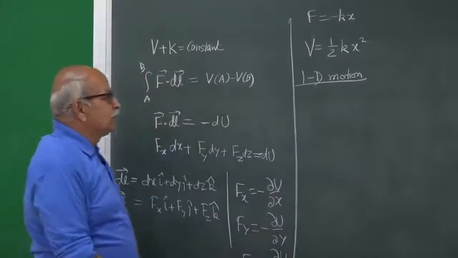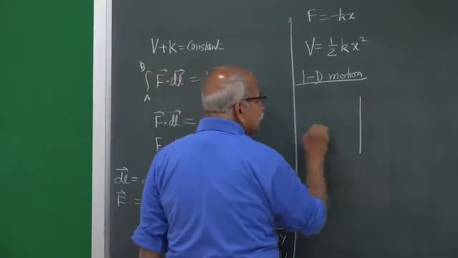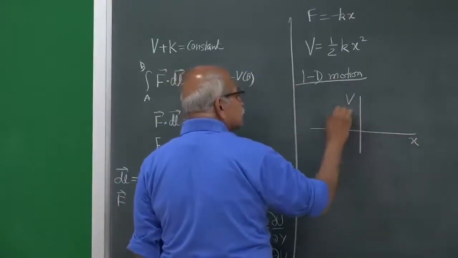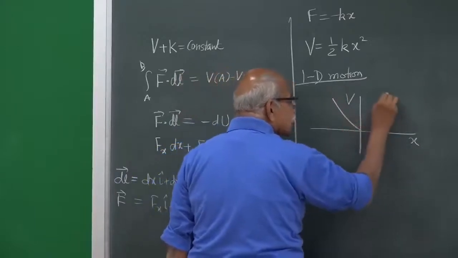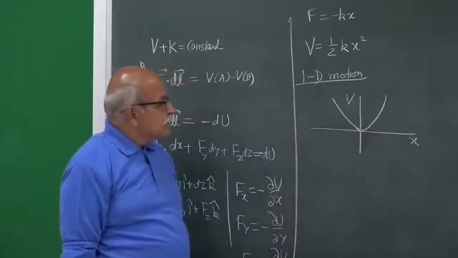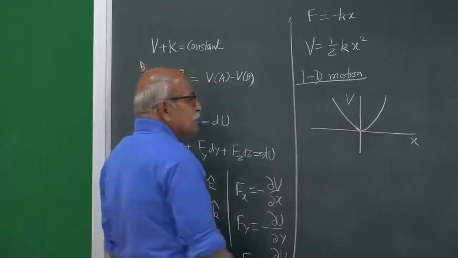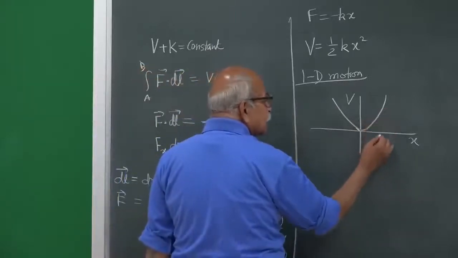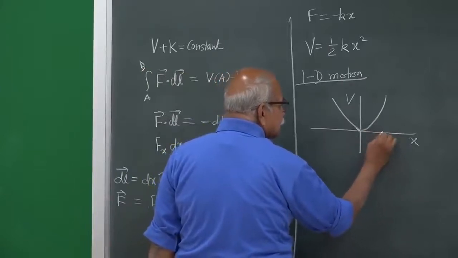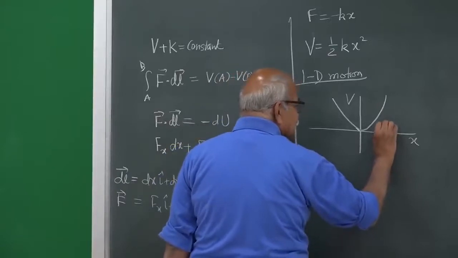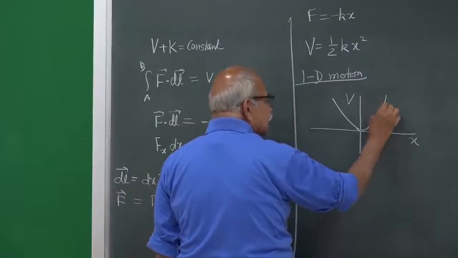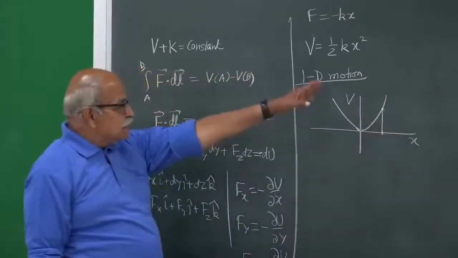Okay, so, if you plot this V as a function of x, x can be positive, x can be negative. So, if you plot this V as a function of x, it will be a parabola. It will be a parabolic function, half kx square. So, from this diagram you can work out, if the particle is here at this x, this is the origin, then the corresponding potential energy is here, this is the point on the curve. And here if you draw a tangent,